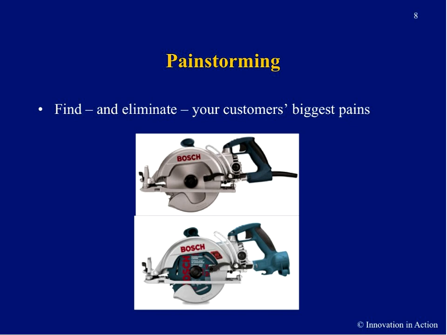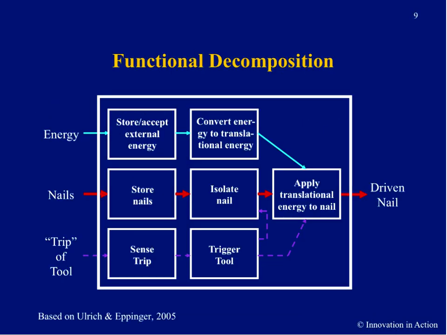Top one has a cord, which tends to get cut off accidentally from time to time. And replacing it is somewhat expensive, going to buy the Bosch part, and time-consuming and difficult, even with small parts inside the handle that tend to fly apart when you open up the handle. So they simply redesigned it to receive the end of a standard UL outdoor extension cord, cam lock it on so it doesn't continuously fall out. But now if you saw it off, the worst case is you get a different extension cord and you get right back to work. So we encourage our students to look for these pains and be observant of opportunities for engineering to address pain in the marketplace.